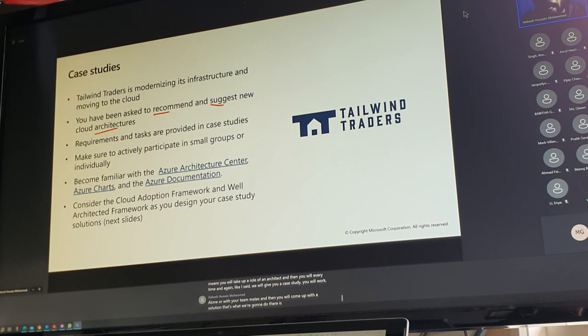There is no hands-on lab for this particular training program. Understand that. And then we're going to talk about requirements and tasks provided in the case study. So requirements are something which must be met. Tasks are something through which you meet your requirements, right? Proactively participate in small groups or individually. And then as an architect, you must have